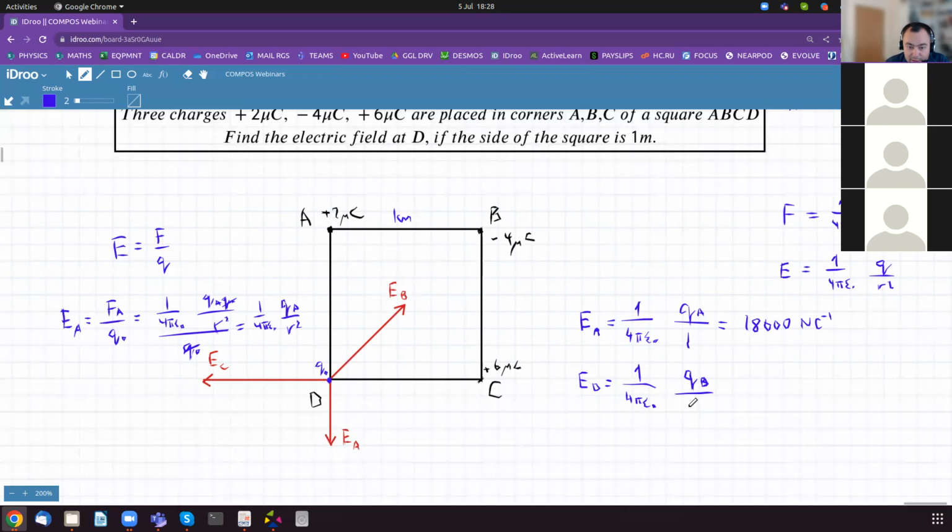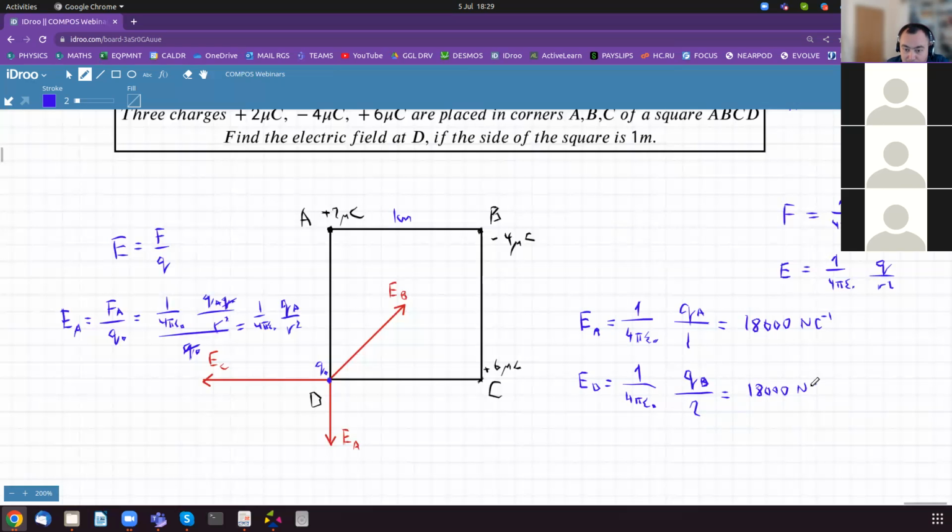So divided by square root of 2 squared, so divided by 2. So it's going to be 4 divided by 2, because QB is also 4, but divided by 2 it will become 2. So it's the same thing, 18,000 newtons